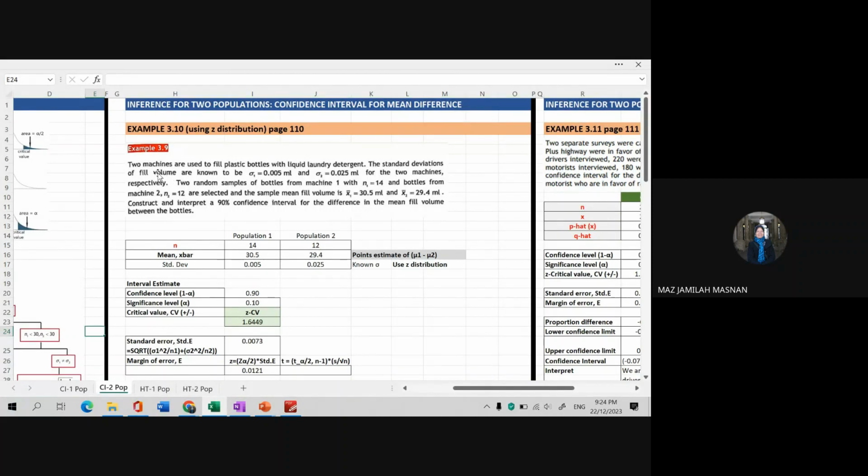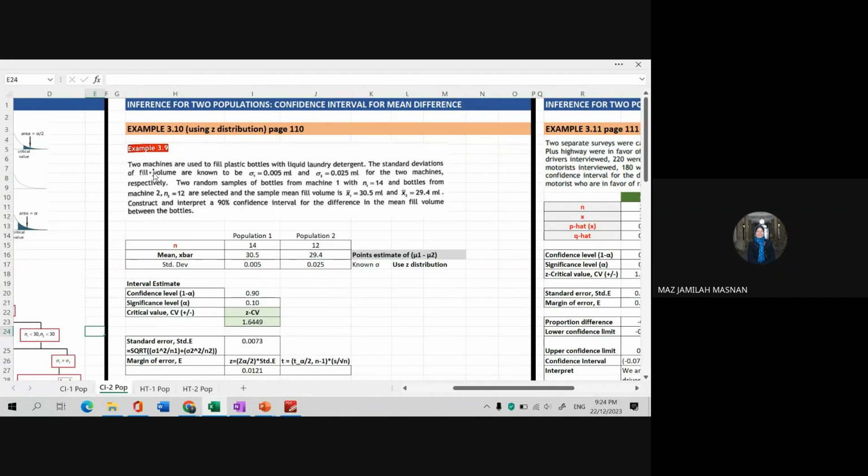Okay, let us move to example 3.9. That will be on page 110. Now, what was the question? Two machines are used to fill plastic bottles with liquid laundry detergent. The standard deviations of fill volume are known to be sigma 1 is 0.05 and sigma 2 is 0.025 milliliter for